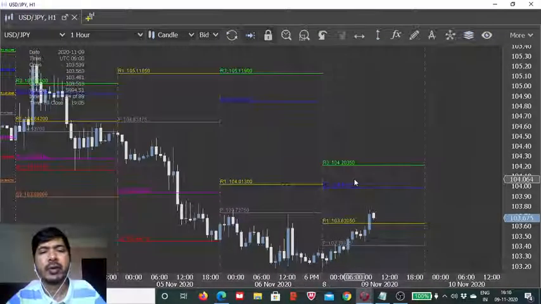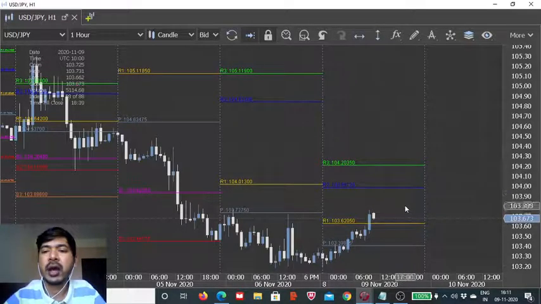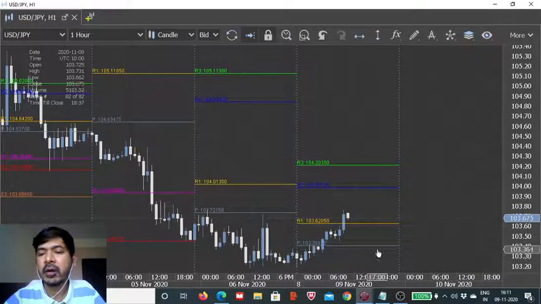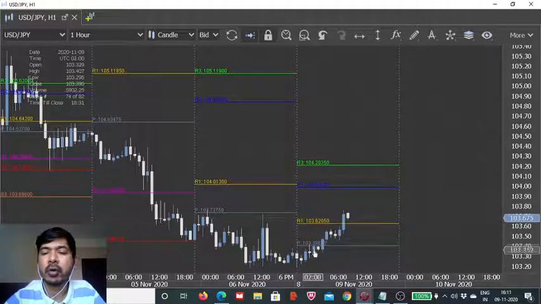But if we consider its key points, I think for intraday perspective we can utilize this indicator to see on which side the trend is, whether the trend is bearish or whether the trend is bullish, and what are the optimum opportunities which are likely to arise during the day. And I think one key thing is that we can use this central pivot point as a deciding marker. If the price is trading above it, after crossing over it, we can consider for the fresh buying opportunity. If the price is trading below it after crossing below